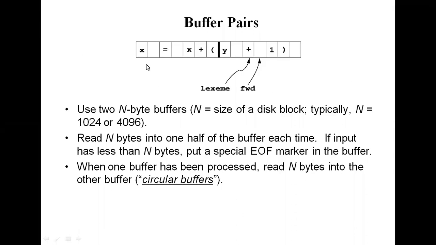And now scanning the input. After storing my input in this input buffer, then I will start the functionality of my lexical analyzer. The first phase is scanning the input program. Now I'm scanning my input program from left to right. Left to right means starting from the character X and ending at the closed parenthesis. The meaning of scanning the input program from left to right means starting from X and ending with this. Here, one thing you need to make a note of is that we are not doing a reverse of the input string.